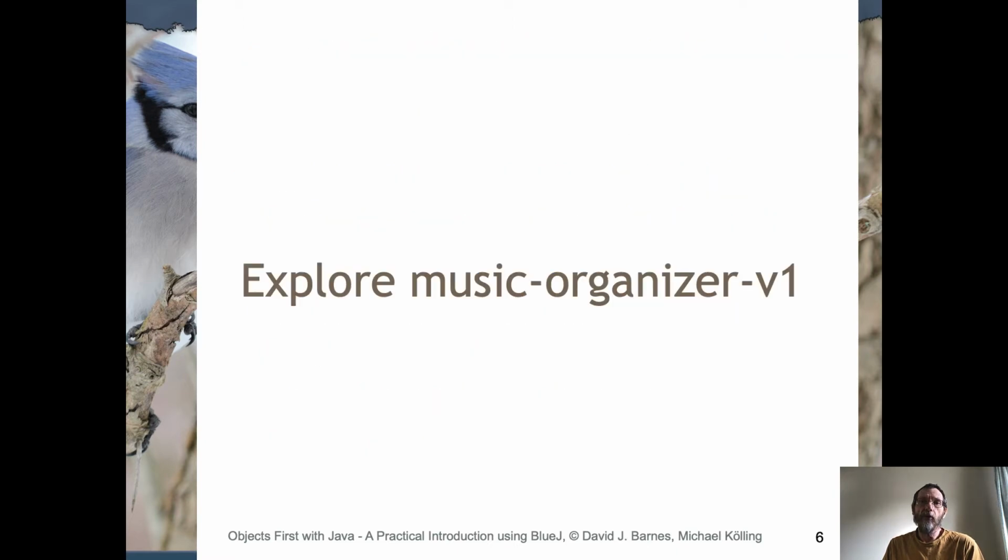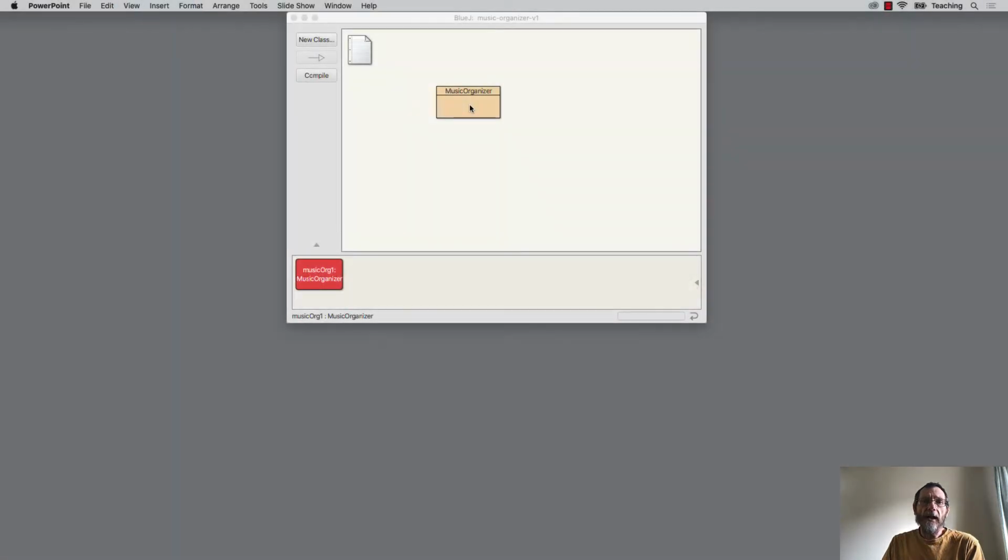So let's explore the simplest functionality that this Music Organizer class is going to support, because that will then lead on to our understanding of the Java class from the Java class libraries that allows us to support exactly that functionality. So here's our class, Music Organizer, and I've created already an instance of that class. I can observe that it has 4 methods. One allows me to add a new file to the collection. That takes a string. I can find out how many files are currently stored within the collection. I can list out the name of one file, and in this case I need to pass in an integer